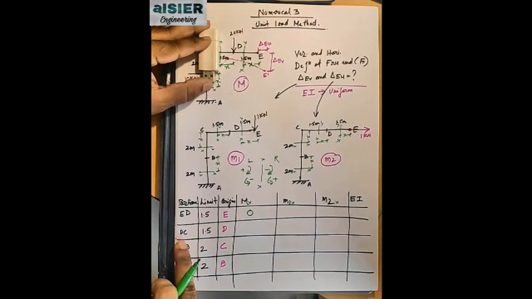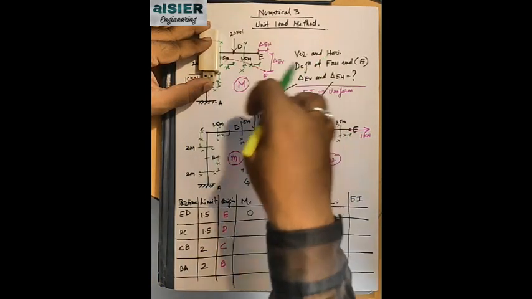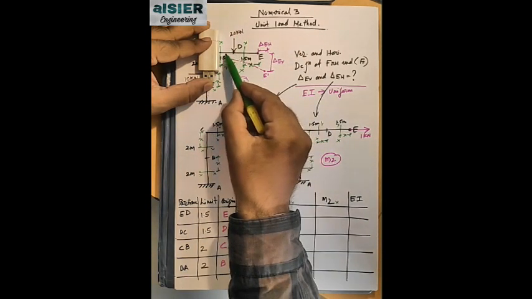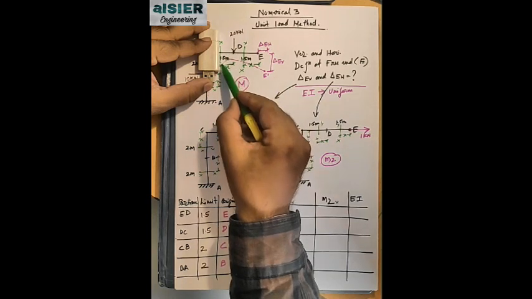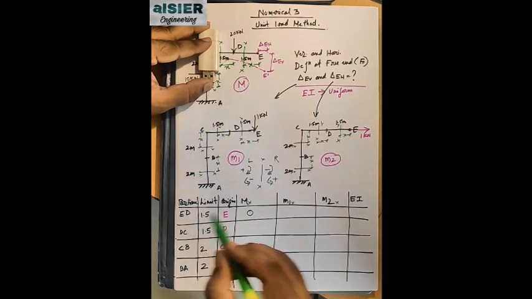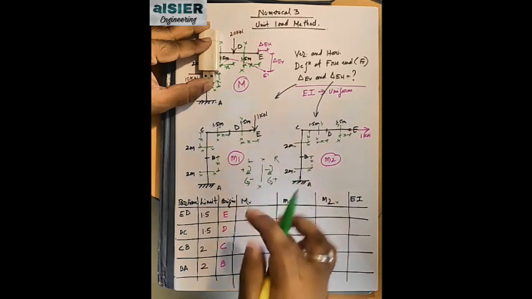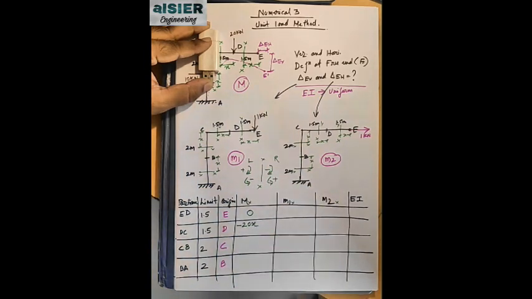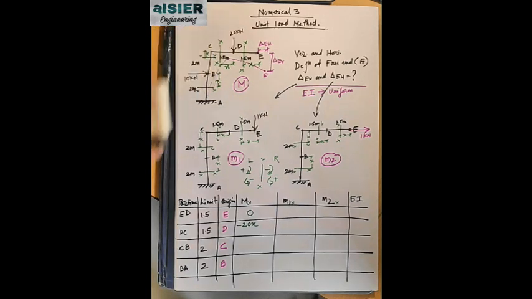So this is the section. Look, right side of the section, is there any loading? Yes, there is a 20 kilonewton load which is going clockwise. And what is the distance of this 20 kilonewton load from X? It is X, right? Since it is going clockwise and it is on the right side of the section, we will take it as minus 20 into X. Now go to the next region.